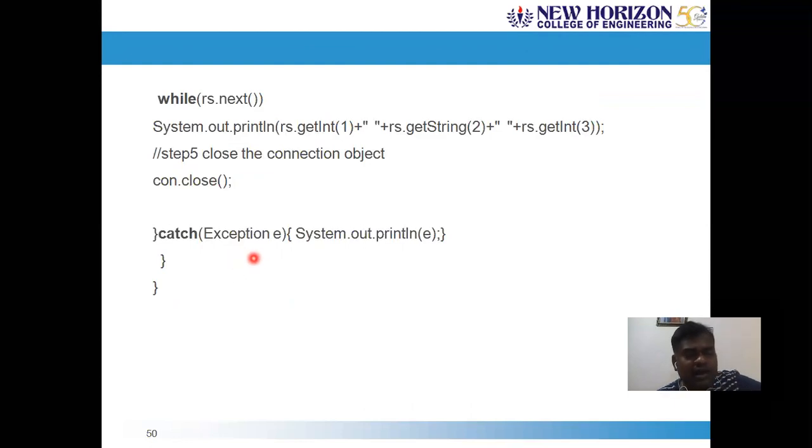This Exception class is the super class of all the built-in exception classes defined there, and you can print the description of the exception like this.